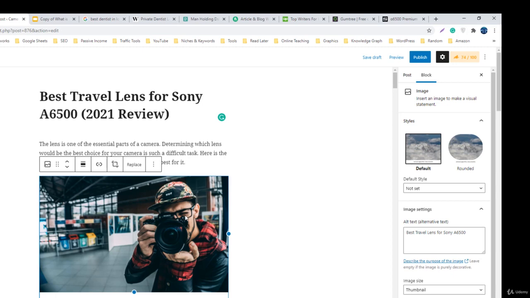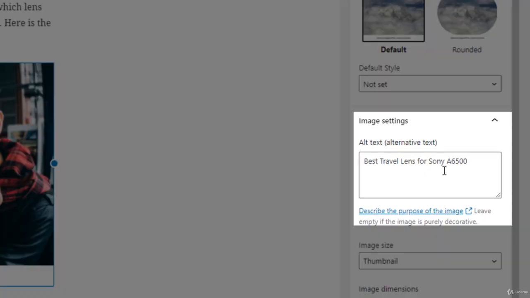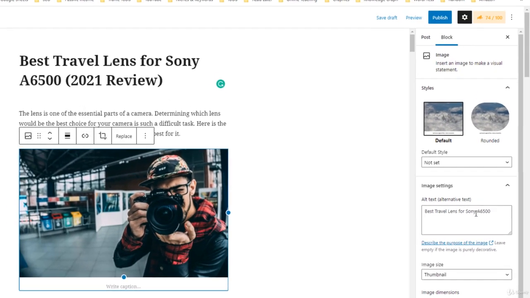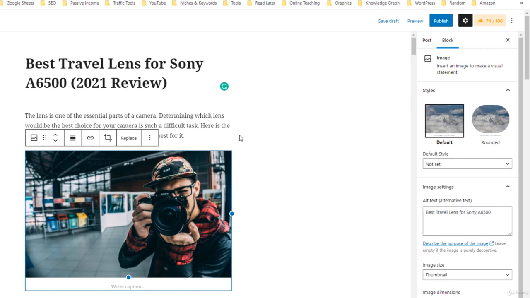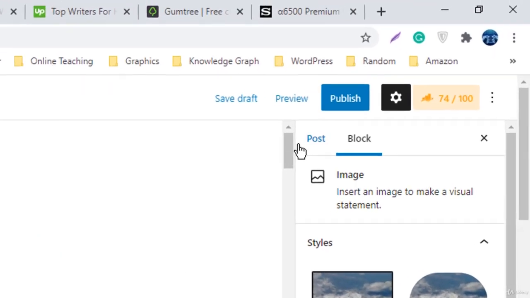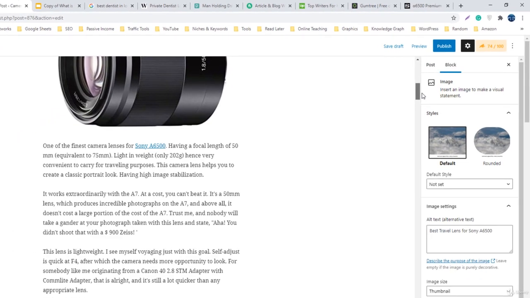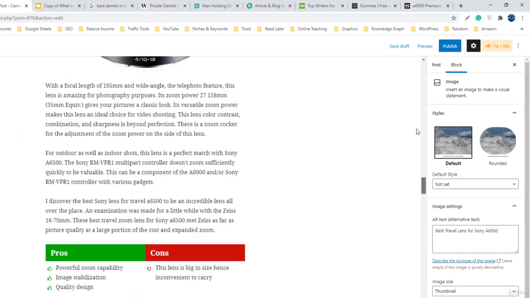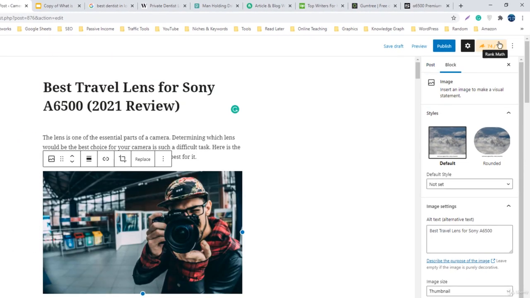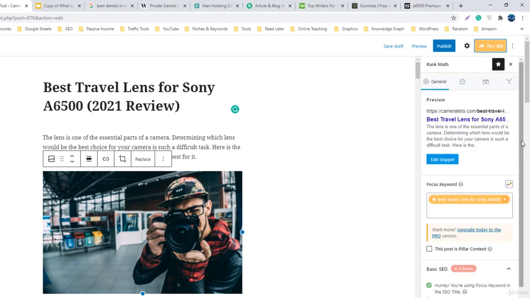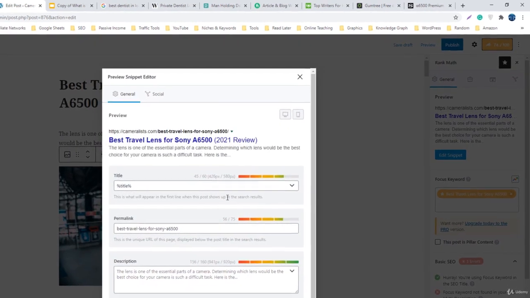Once you click the image, you will see a box here at the right side, and there you have to add your keyword for that image. So I have added best travel lens for Sony A65 to this, and now see 2 points we have more in the SEO plugin. I mean, it has increased 2 points, and you have to do that for all the images. Okay, now once again I will click this thing, and I will go and click this edit snippet,